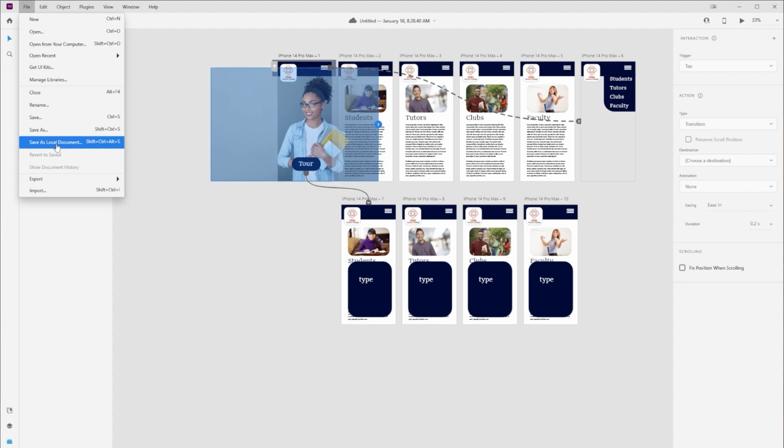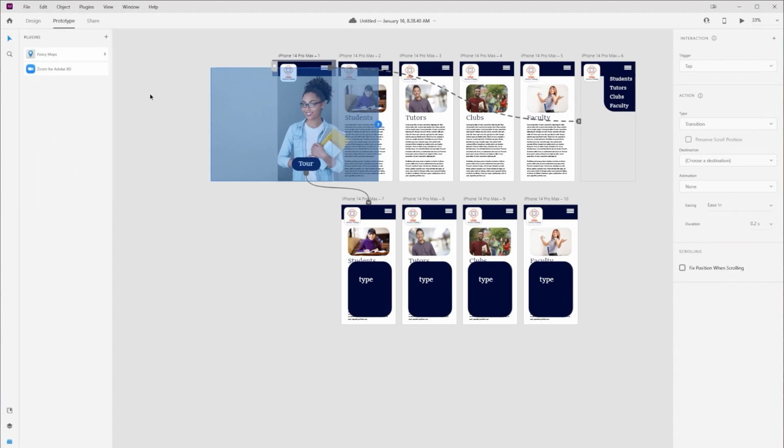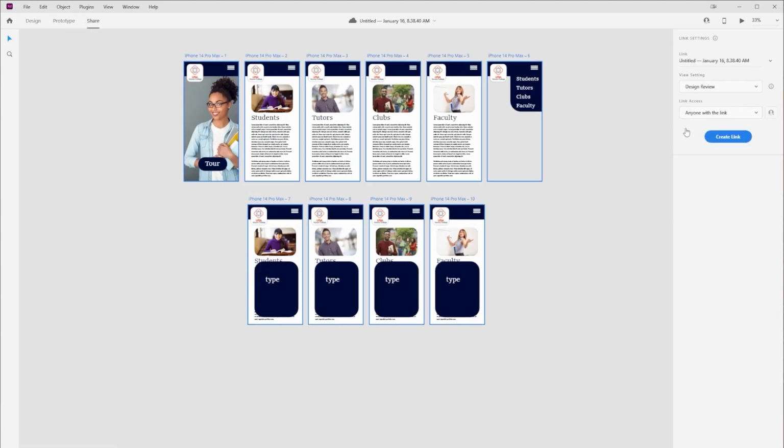Now, one of the things I always tell people with Adobe is you typically save twice, once for yourself and once to show other people. These saves in here are for you to edit. If you want to share this with other people, what we're going to do is come up here to Share next to Prototype. And then we can come over here and give it a title. And we're going to call this Demo. We can set the view settings to design review, development, presentation, user testing, or custom. We're just going to stick to design review.